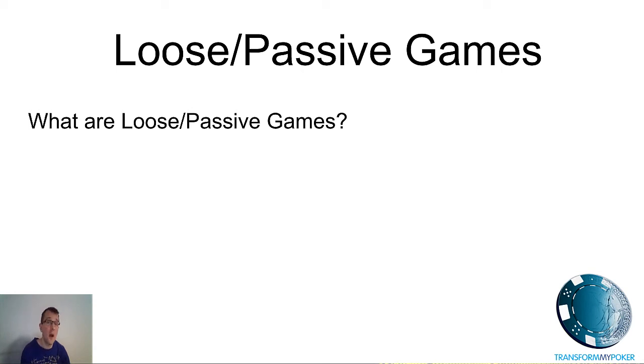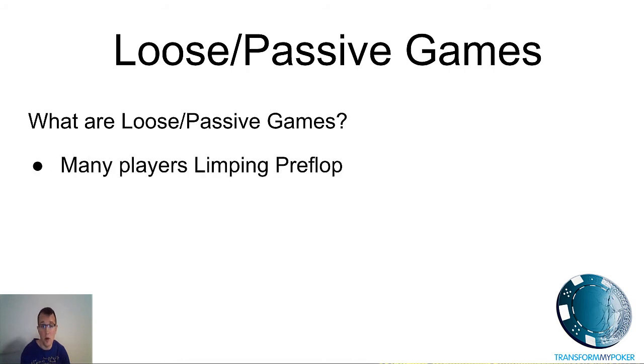So for those of you who are a bit confused by the terminology loose passive, what does all this mean? Let's just make sure we're all on the same page. Loose means that we're playing lots and lots of hands. So in a loose game, you're going to see lots of players playing lots of hands. And the most common way in which you're going to see them enter the pot is by limping. So one of the first characteristics of a loose passive game is seeing many players seeing a flop, and